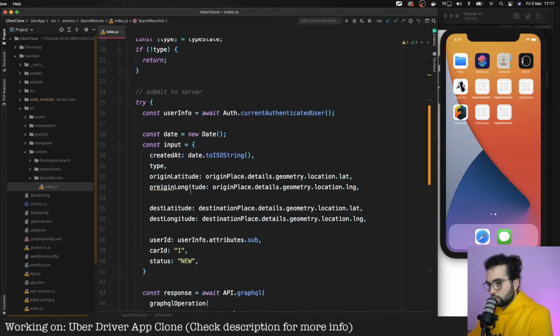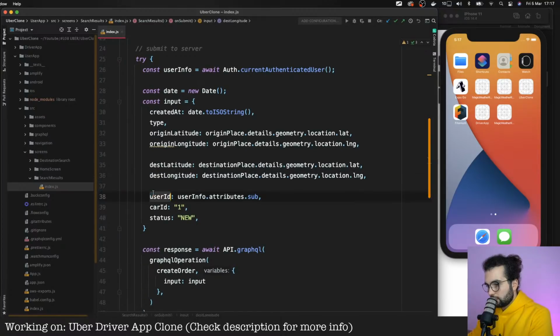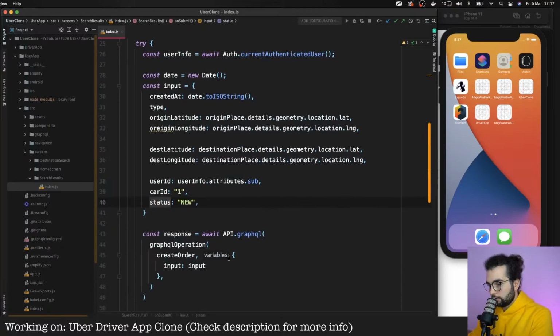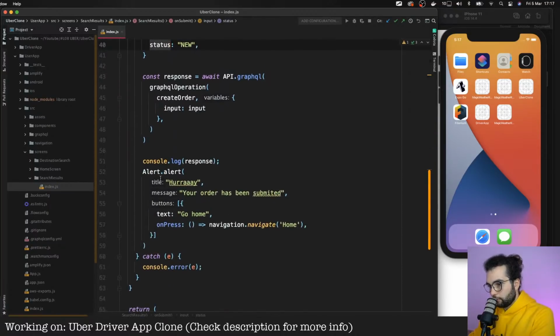We set all the origin, destination, and so on, the user ID and also the status new. And after creating the order, we do an alert, your order has been submitted.